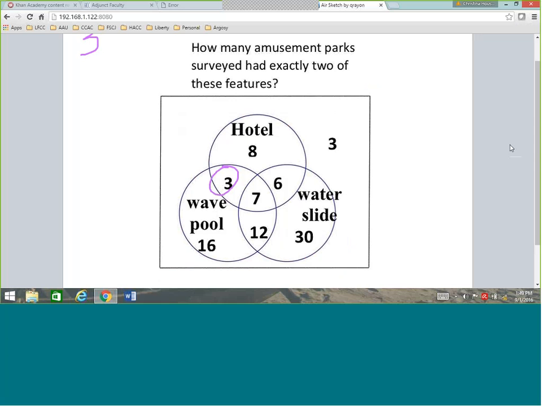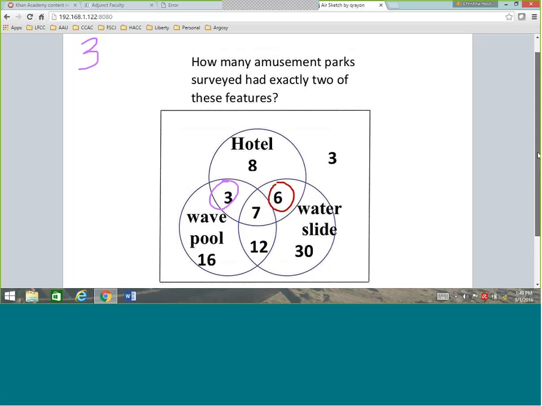That would also mean hotel and water slide, but not wave pool, so it's those 6. That would also mean wave pool and water slide, but not hotel, which is 12. So I just add those numbers to get 21